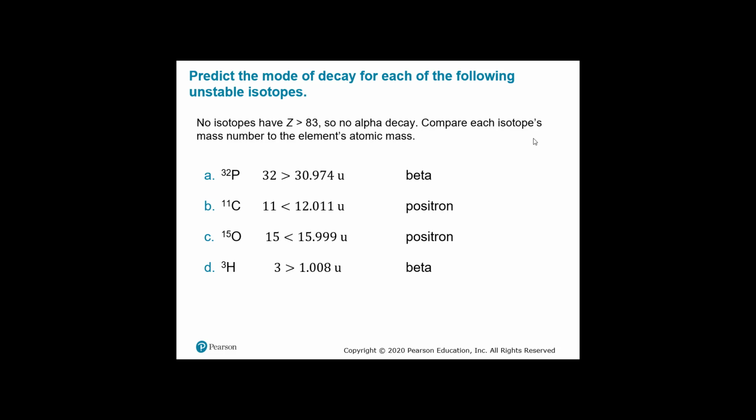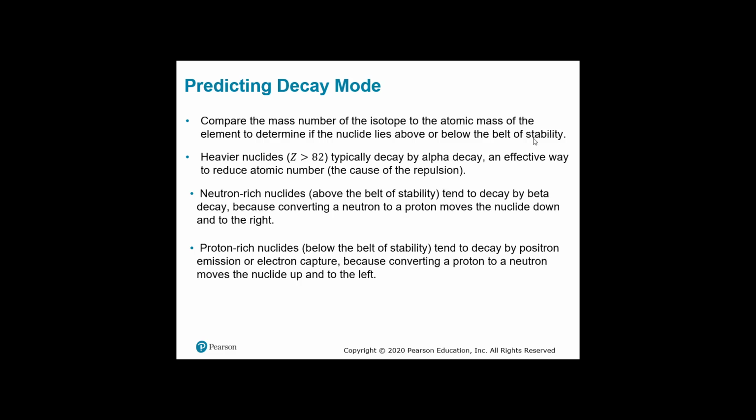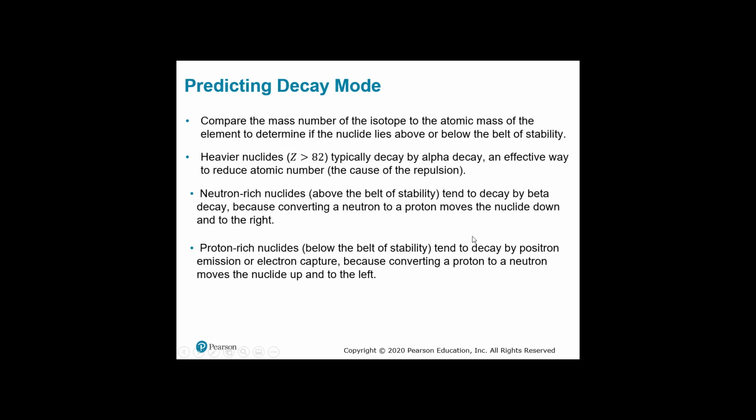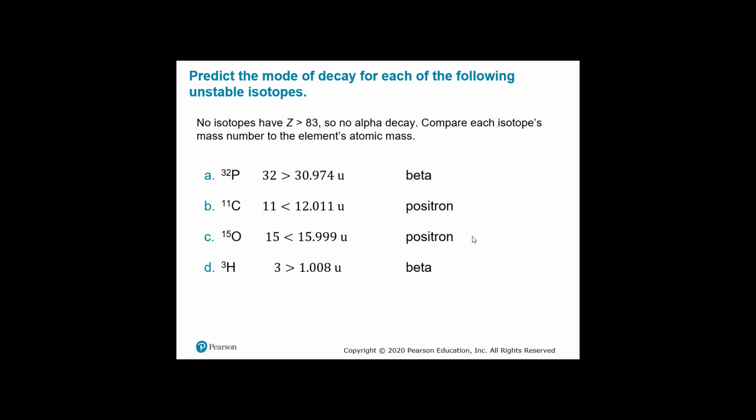Now the second one, we're looking at carbon. The average atomic mass of carbon is 12.011. Carbon-11 is lighter than that, so it is below the belt of stability. So let's go back up. It's below the belt of stability. All right, so here we go. And because it's below the belt of stability, it's going to decay by converting a proton to a neutron via positron decay. The daughter isotope is stable boron-11, which has a mass very close to the average atomic mass for boron of